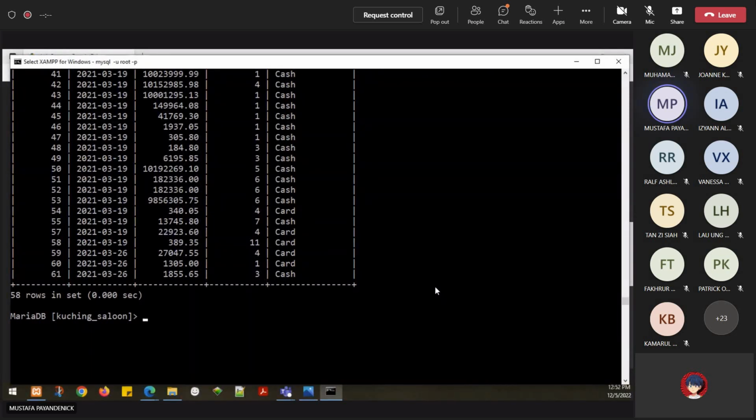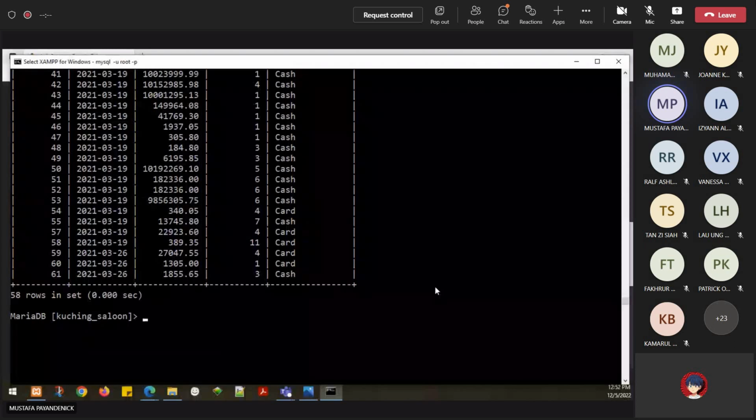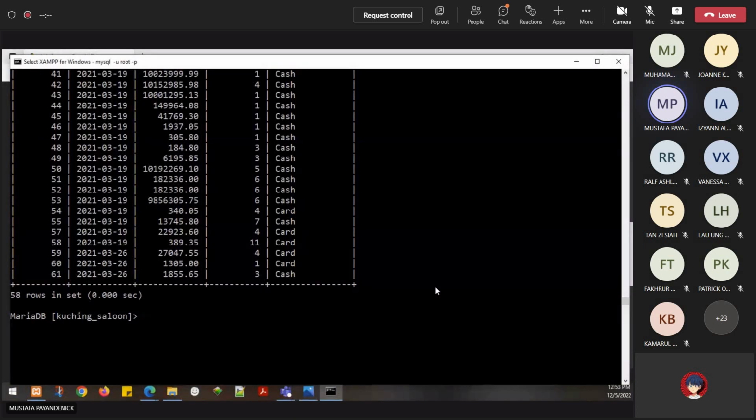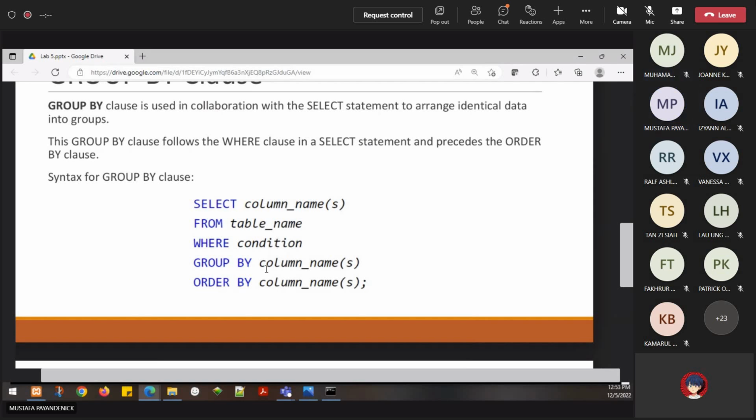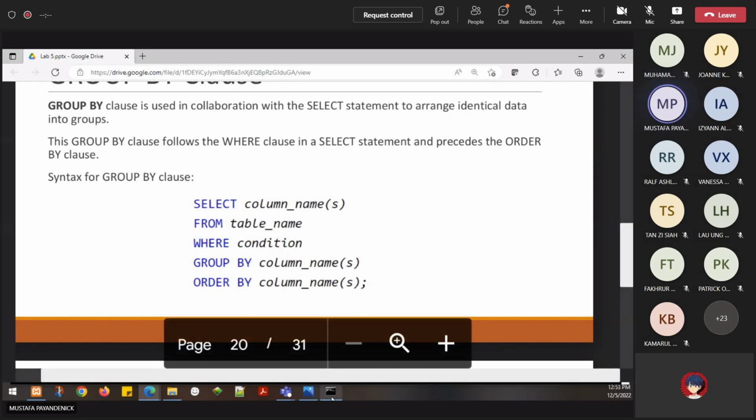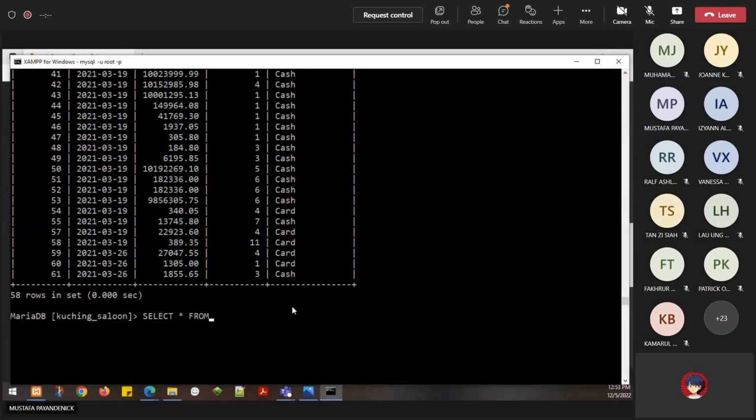SELECT DISTINCT and GROUP BY are the same. However, they have a big difference, because GROUP BY is usually used for aggregate functions and also gives you more options to normalize and do more. For example, see here: select columns, table, condition. Then we have GROUP BY. Let me do it like this. I select all the columns from sales. As an example, I don't want to have any condition. We can have a condition, but I just go for this one, GROUP BY